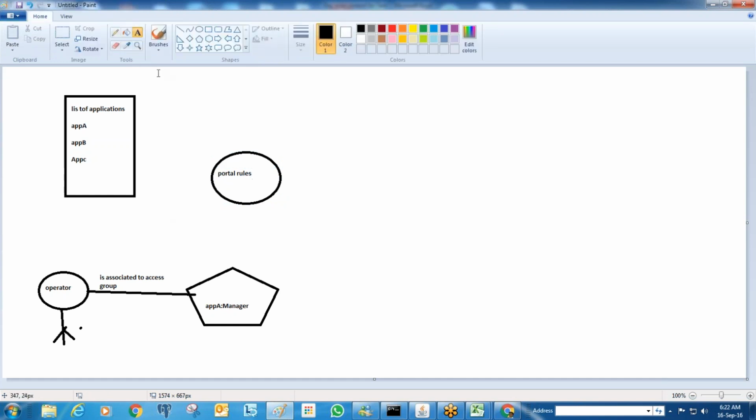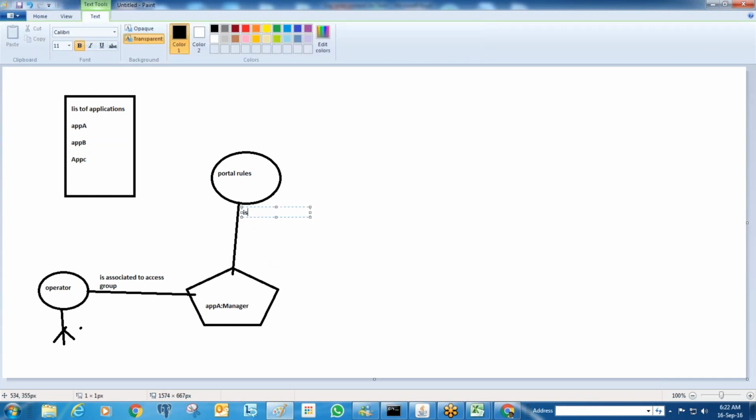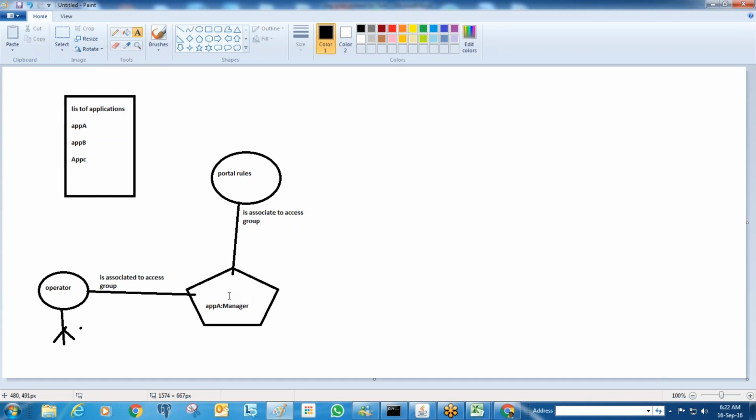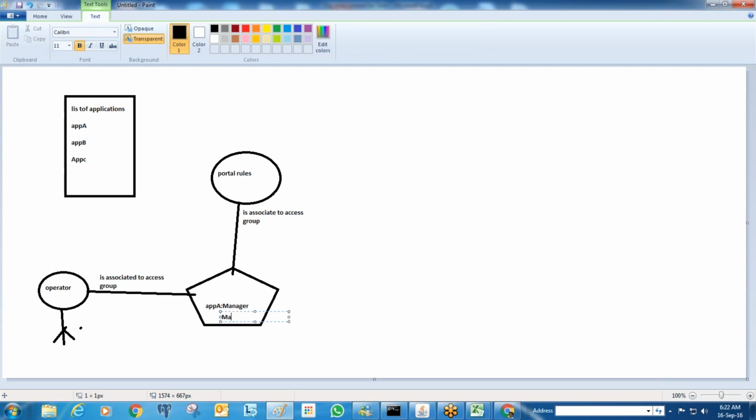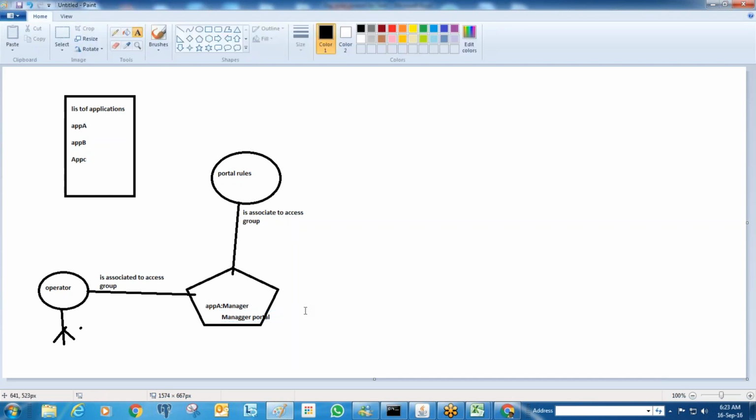Portal rules, the portal is also associated with the access group. Let's say by default there will be three portals, one for developer, one for manager, one for user. If it is a manager, for the manager access group you will associate the manager portal. So all the things I have here. The operator is anyway associated with the access group.